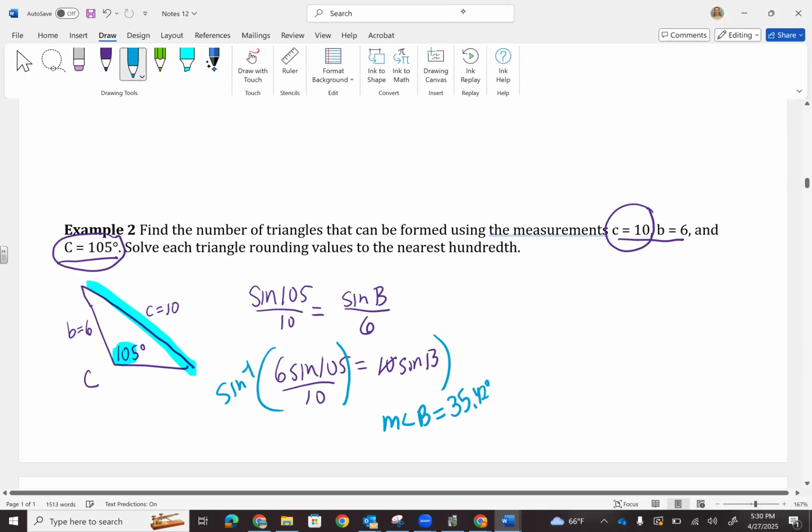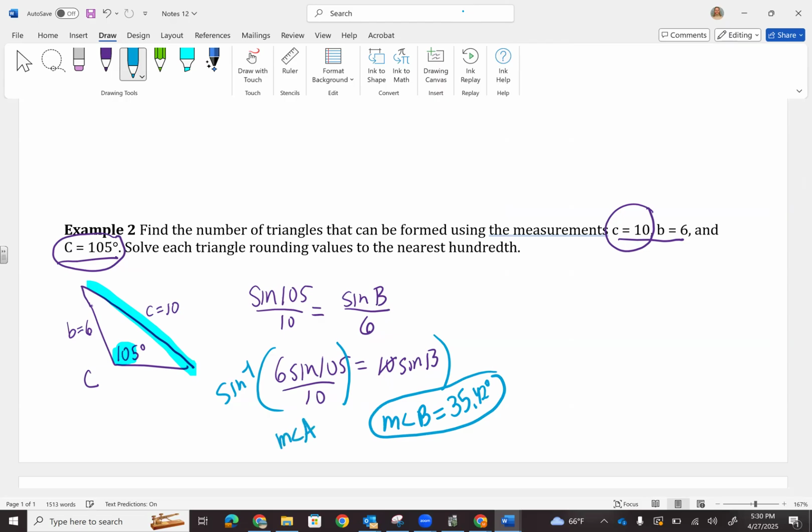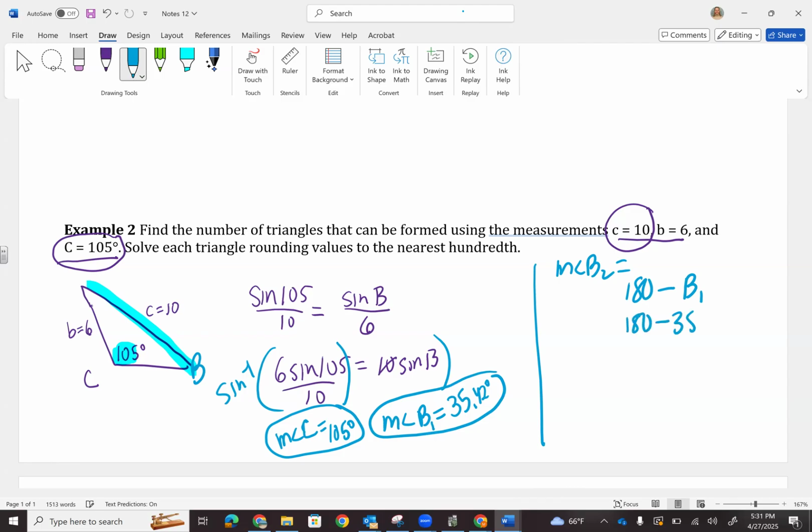So we know that the measure of angle C is equal to 105. And then if you feel not so smart, and you think, I want to see if there are two triangles, here's what you would do. This is B1. Define the measure of angle B2. You could do 180 minus B1. So if you did 180 minus 35.42, we'll just do it to go through the motions,